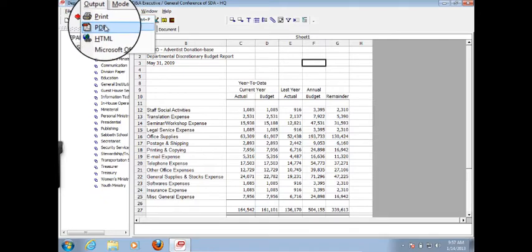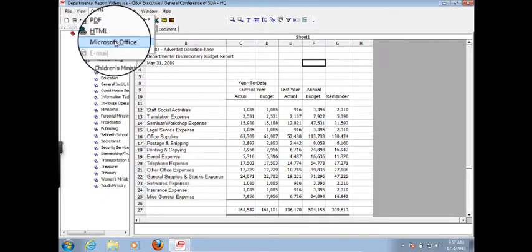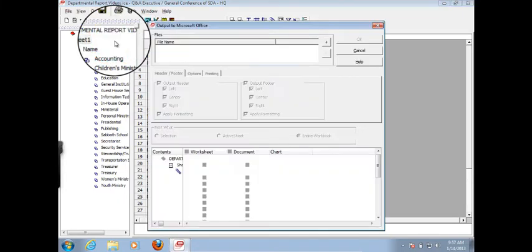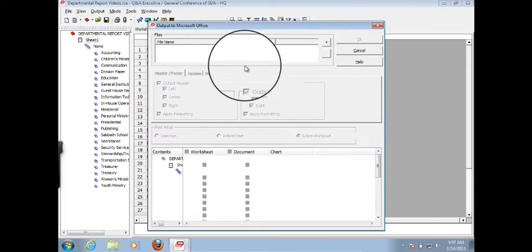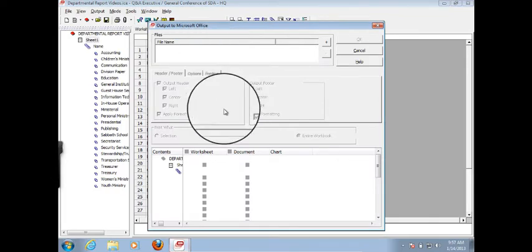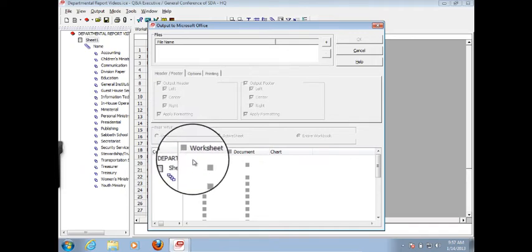We can make it as a PDF. We could also print it to Microsoft Office, and have it exported to Microsoft Office, and that's what we're learning today. The most undocumented thing in all of